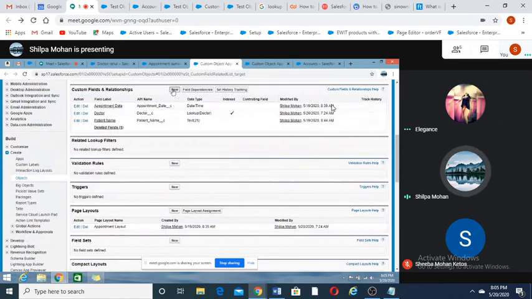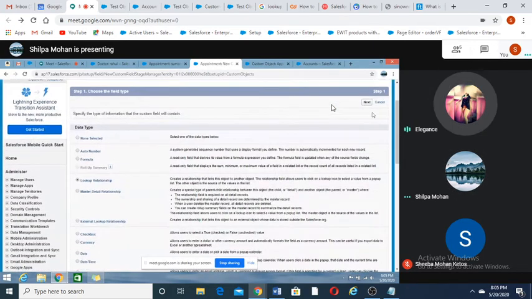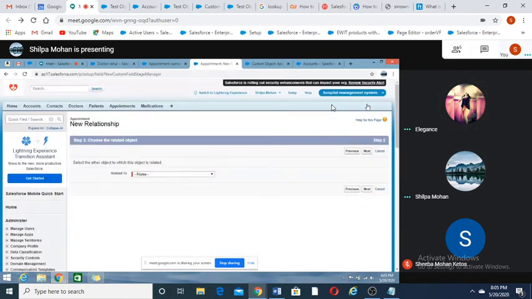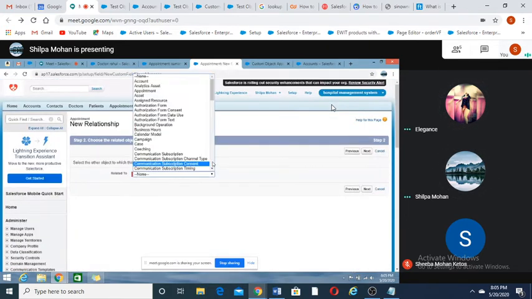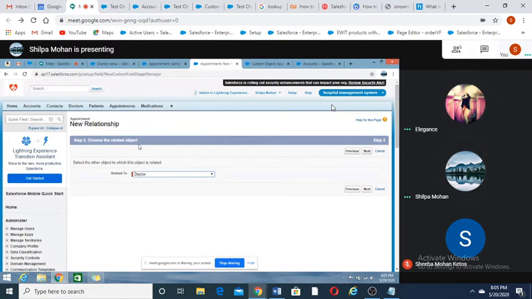Here we have selected lookup relationship, and then we have clicked on next. Then this will be related to doctor. Then next.